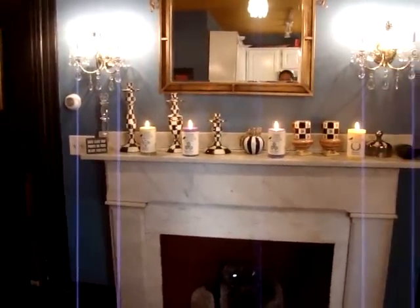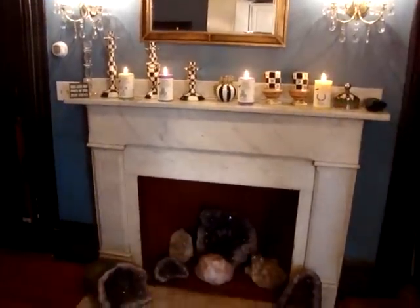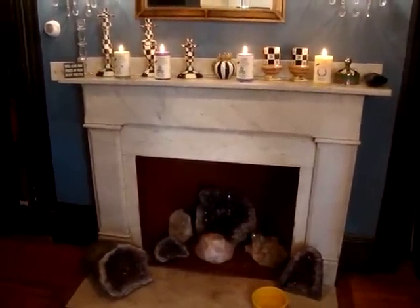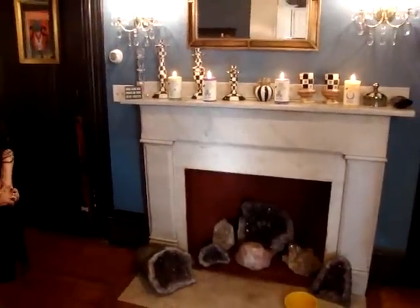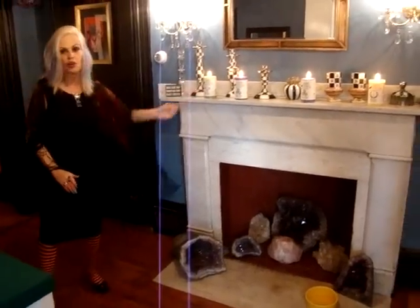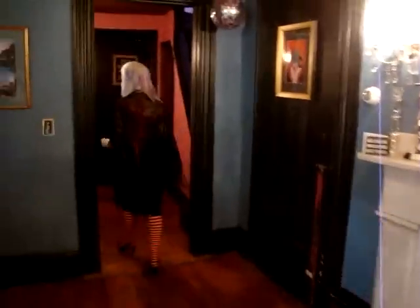I'm coming this way. This is the wonderful altar for the kitchen to keep things nice. I've got some amethyst, and I have some rose quartz, and I have some quartz, and it's all for protection, stress, love, good mojo, and a little money goes a long way. Over here